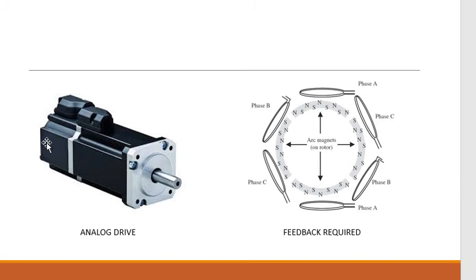The feedback tool is, as I mentioned before, an encoder, resolver or incremental encoder or something like that. You have to add some instrumentation tool, some position sensing tool inside, and that's the negative thing. But the positive thing is that you can reach any degrees,